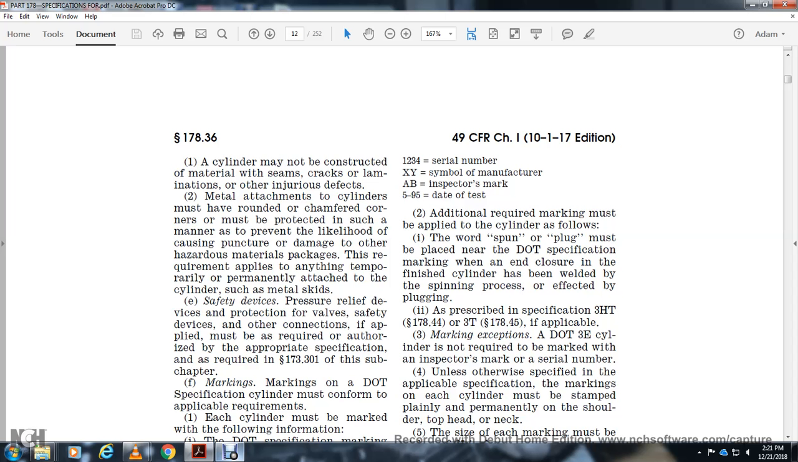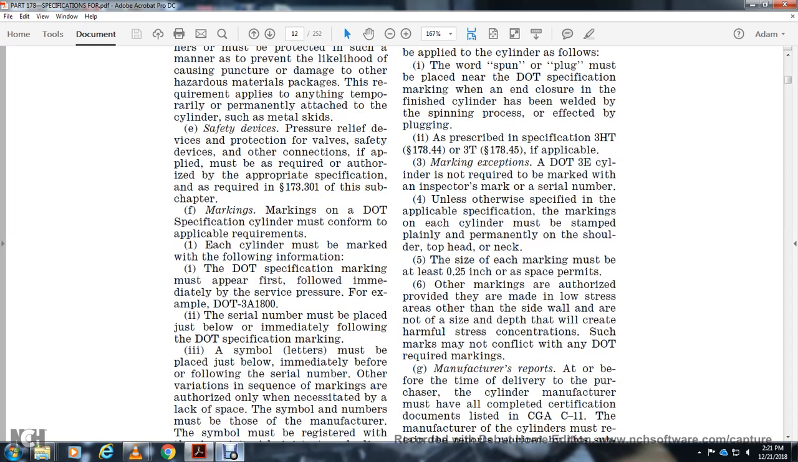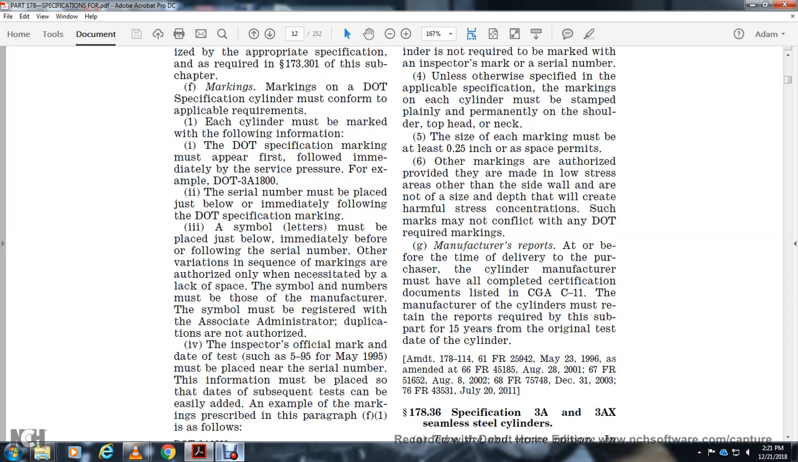The mark of each cylinder must be stamped plainly and permanently on the shoulder of the top head of the neck. The size of each of the markings must be 1/4 inch or a quarter inch of the space per minute. Other markings are authorized provided they are made in a low stress area other than the sidewall and not so deep as to create a harmful stress concentration. Some of the markings may not conflict with the required markings. Manufacturer reports must be made before the